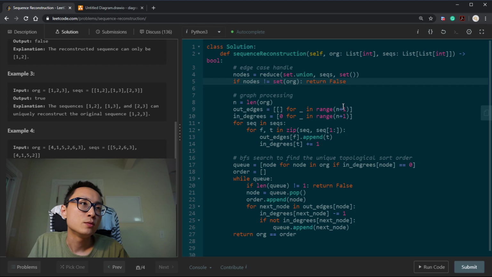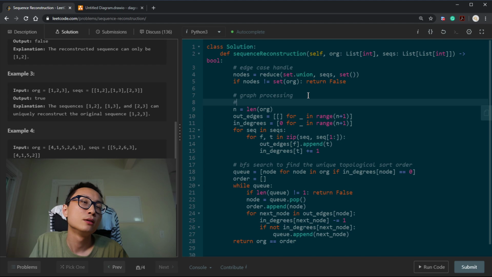Let's talk about the time and space. Here you can see that the time for populating this is going to be upper bounded to O of V squared. So in the worst case, it's going to be like 1 2, 1 3, 2 3.